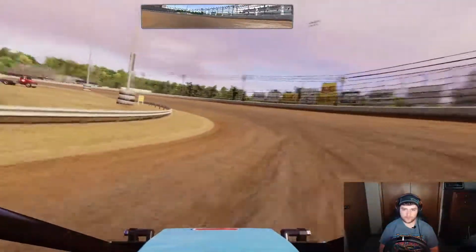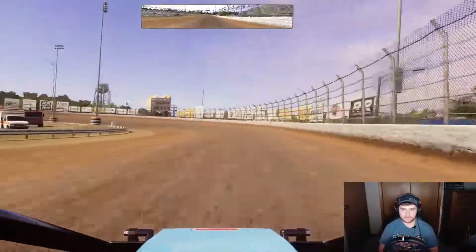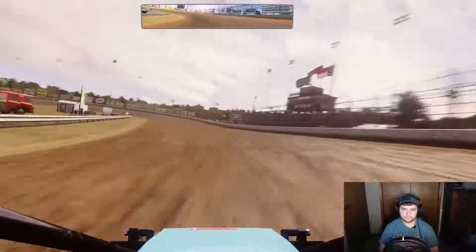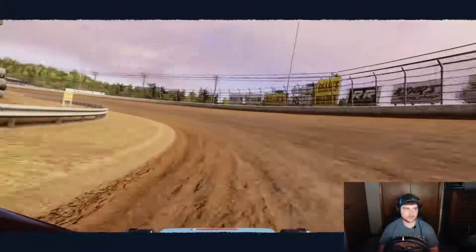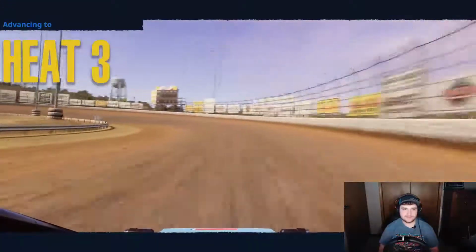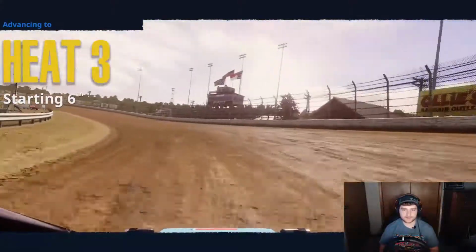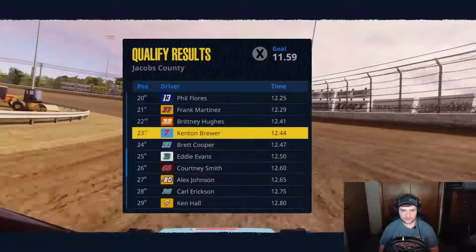So 12:44 already. Pretty happy there. A couple pretty decent laps right there. 12:44, I'm pretty happy with. I got down to a 12:30 in practice, but I wasn't by any means consistently there. So that's good enough for 23rd, which would put us,